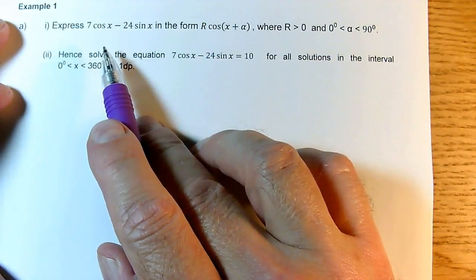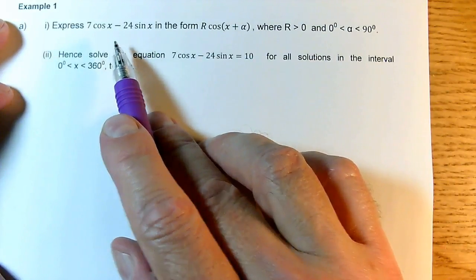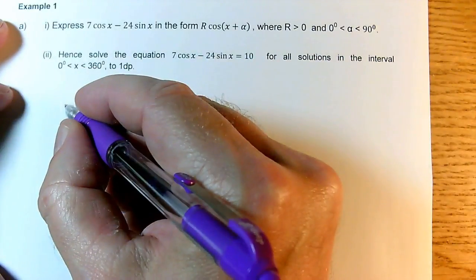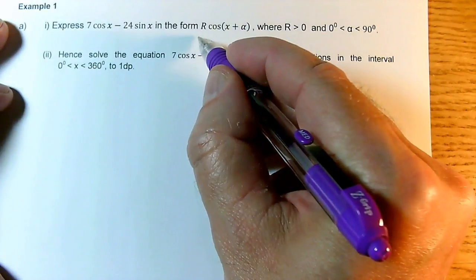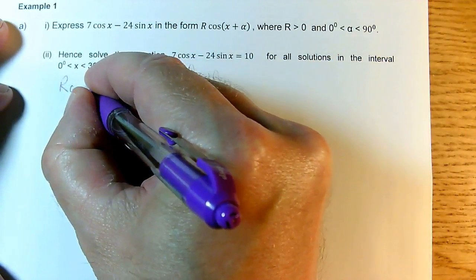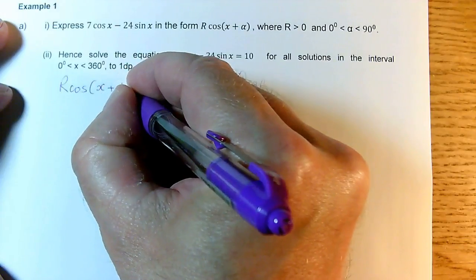Okay, the first part of this is a set piece. We've got to turn this into its R alpha form. Okay, so the full method goes like this. We start with the R alpha bit and the R cos of the x plus alpha, and we are going